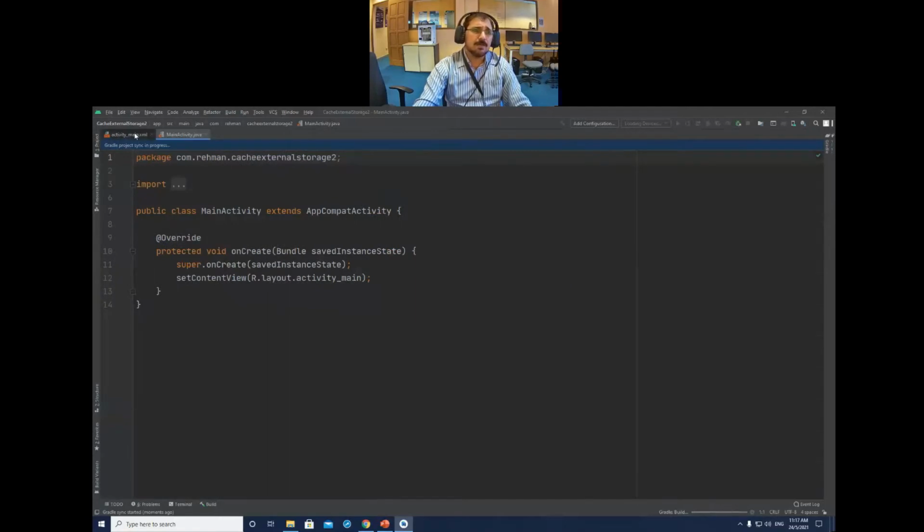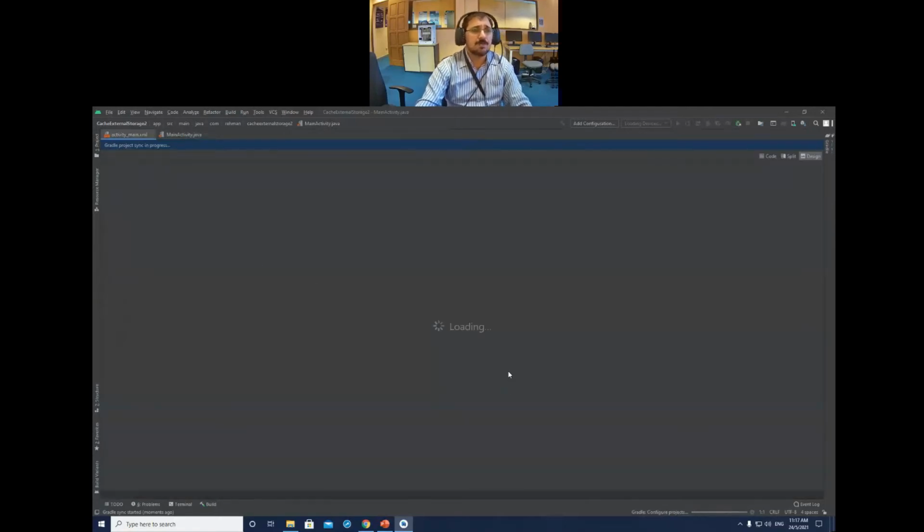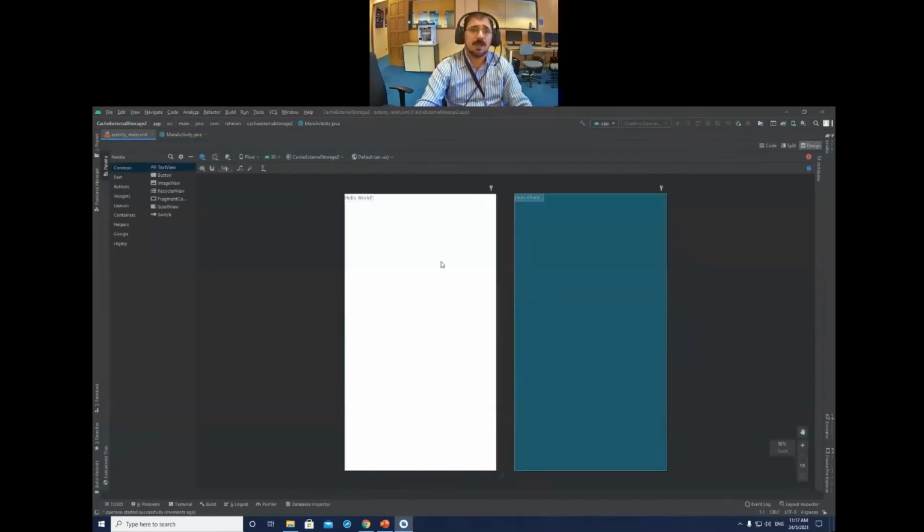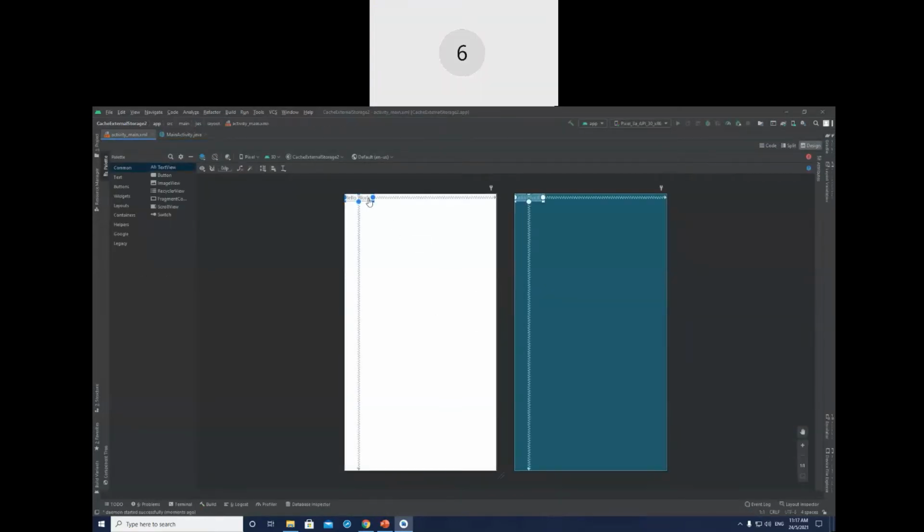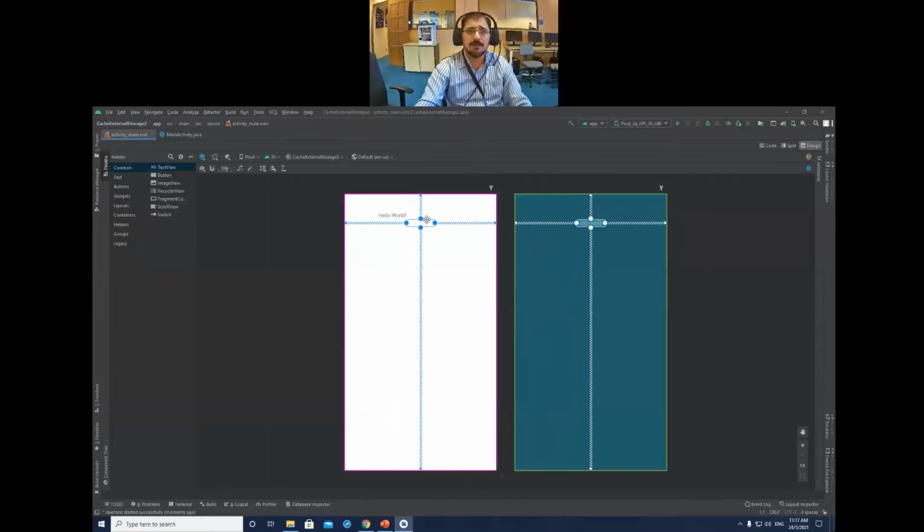Let me close this one. Go to the XML file. So this one is the XML file. If I drag like this here, I just want to display something for the user, and I don't want to link this one to the bottom.